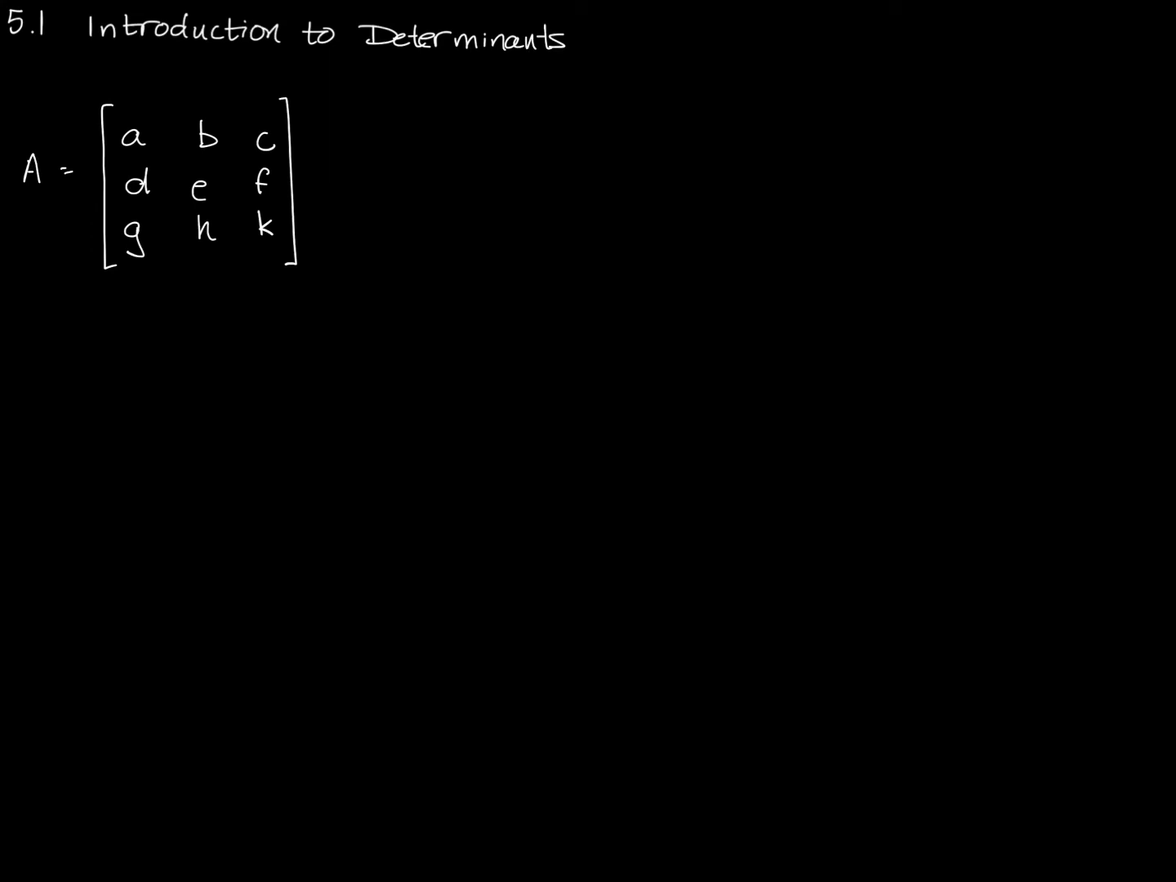Okay, let's take a 3 by 3 matrix now and talk about what it means to find the determinant of this matrix. The determinant of A here is going to be defined like this. It's the number A, just the number in this position here, times the determinant of the 2 by 2 matrix made up of the components E, F, H, K,